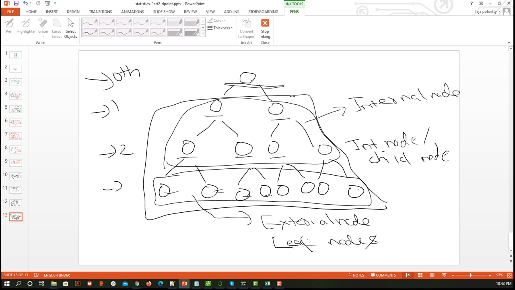That means whatever we are predicting, right? Whether the input that has come to us for prediction is going to party or not going to party, that value will be there in the leaf node. That is the final concluding node. So I hope this leaf node, external node, internal node, child node, and this top node, that is our parent node, or I can say root node, are clear.